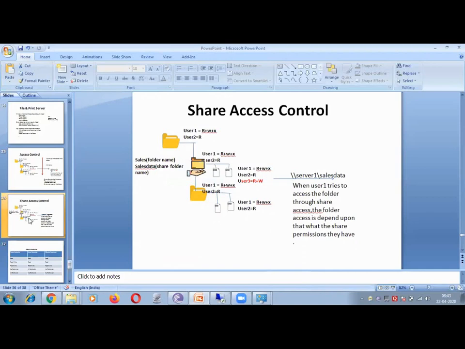But what I did now is I have shared this folder. So when I share this folder, I have set that user one only has read on the share, right? So when they try to access the shared folder, user one is only able to read the data; they do not have write permission.